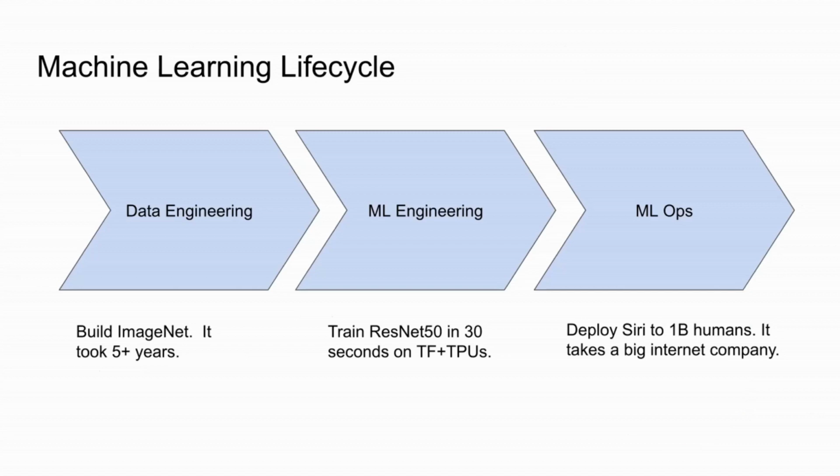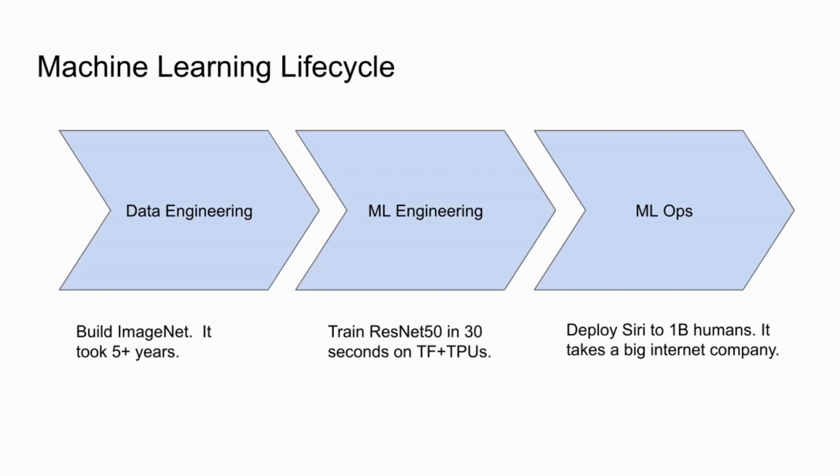The first one is you have to actually create a data set. And these systems just do not work without a data set. From there, you can train models, evaluate models on that data set, and find a good model that performs well on that data set. And then finally, you actually have to take that to production, take that to deployment. And for systems that reach a lot of users, there are a lot of operational aspects of deploying to millions or billions of devices. But I want to emphasize here the technologies that go into these different steps, and especially